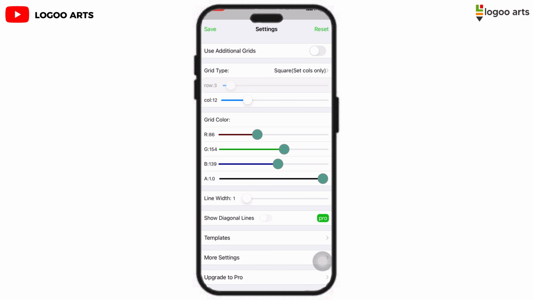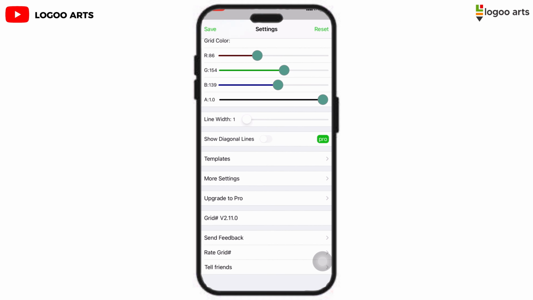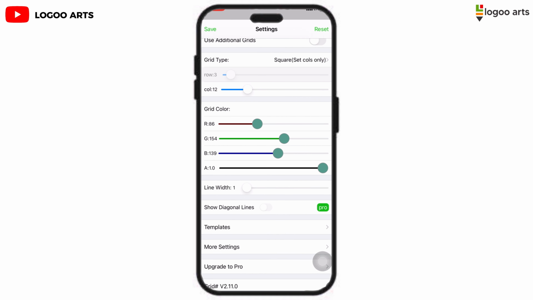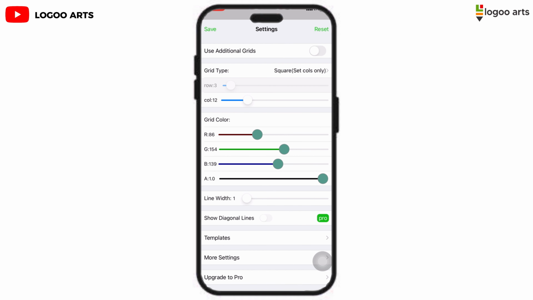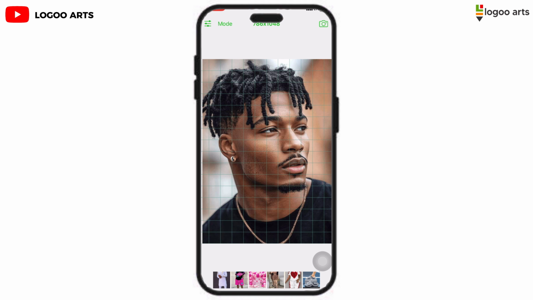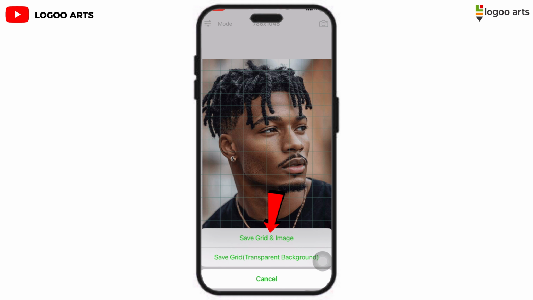You can also do a lot of settings. There are a lot of settings, but these are the basic ones that you can do. Do you understand? So let's save it. Now, if you want to save the image, when you are done with the setting, you just click on it for a while, like 1 or 2 seconds. Then this menu pops up. Then you save it into